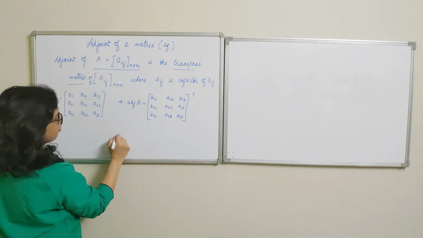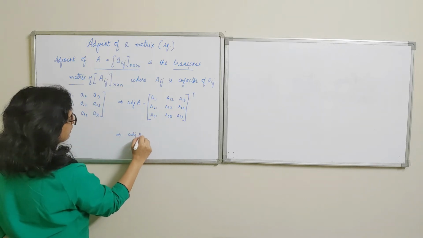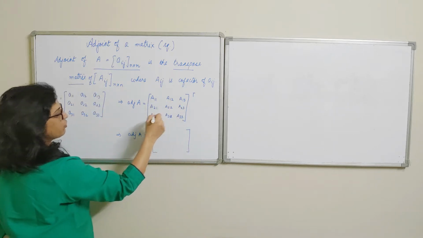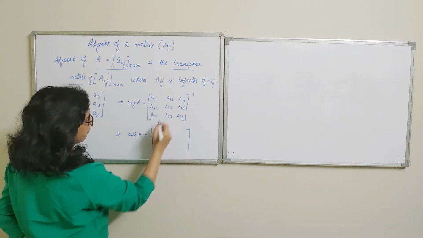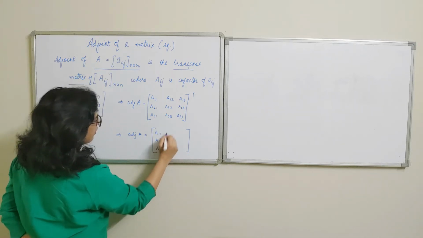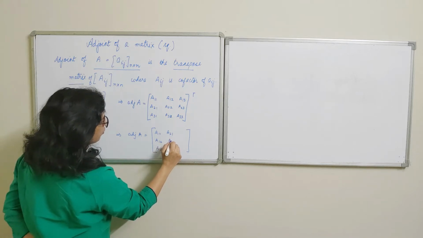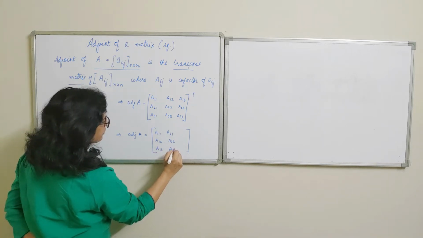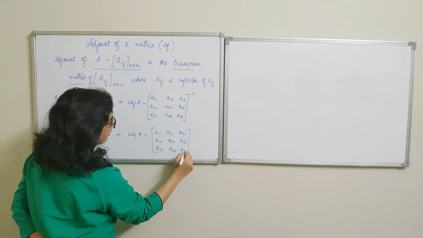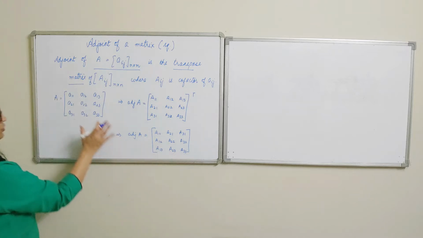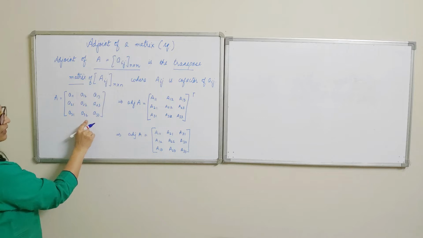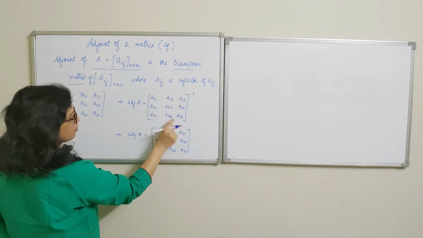And when we transpose the matrix, we obtain a matrix where the rows get transformed into corresponding columns. So the first row is the first column, likewise second row is second column, and the third row becomes the third column. That means we have found the transpose matrix. So see here we have got a square matrix. It has got, in this example, 9 elements. We find out the cofactors of each of these elements.